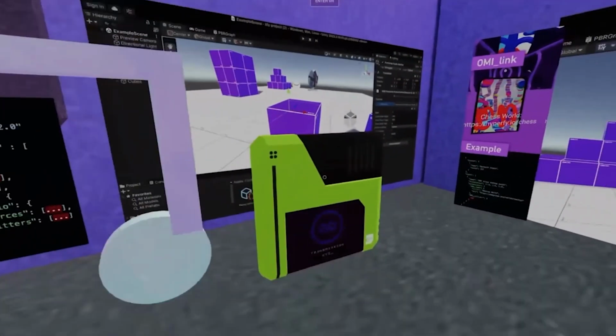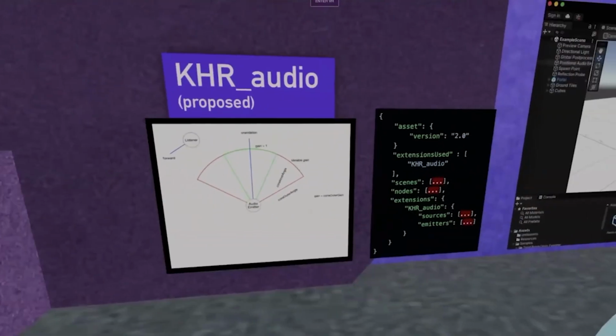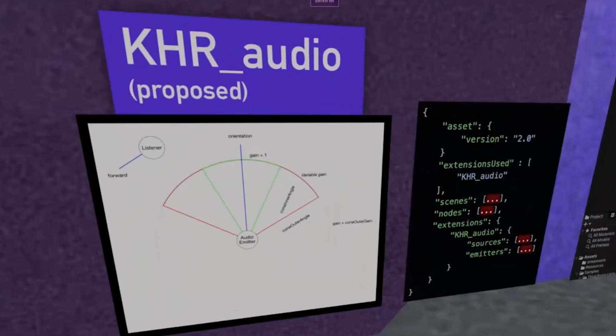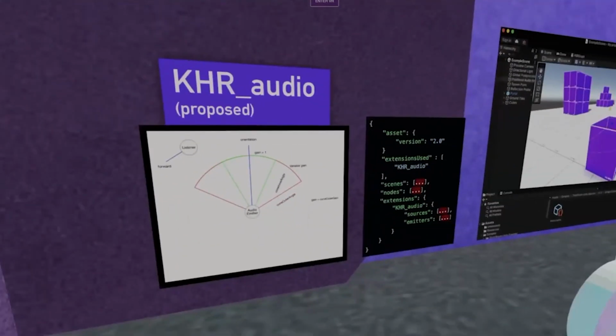I start hearing it get louder, quieter, and that is defined by the properties that are in the KHR audio extension. This used to be the OMI audio extension, and it graduated up to official KHR audio. It's right now still in a pull request. There are still a couple of pending pieces of feedback, I think on labeling, or maybe on something in the structure of it. But it's pretty well settled and predictable. I don't think any of the names are going to change. If anything, maybe properties will be added. The structure will very likely be the same as it is now.